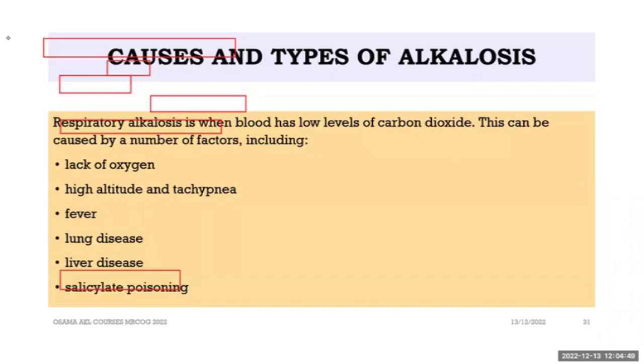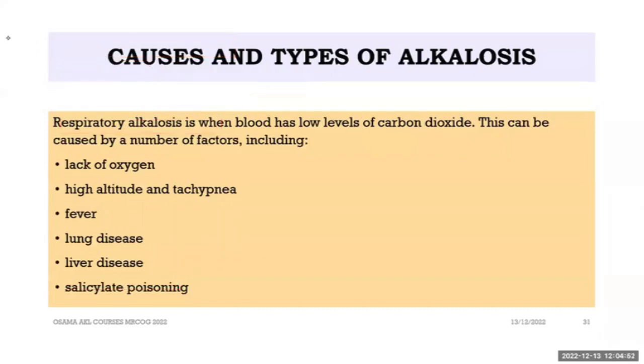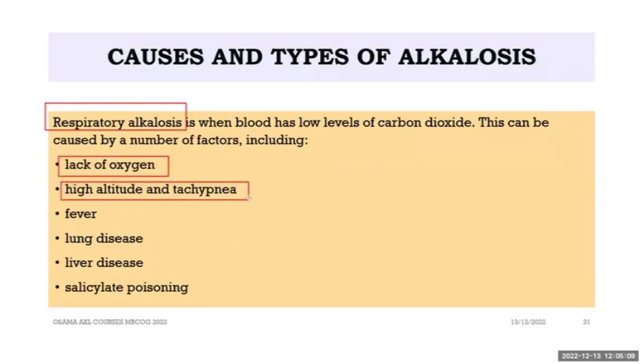Okay, what can lead to alkalosis? Respiratory. If the body did excessive respiration to remove carbon dioxide, respiratory alkalosis will happen. Like in lack of oxygen, like high altitude, okay, the person will do excessive tachypnea. Carbon dioxide will be removed. Fever will lead to tachypnea. Lung disease, liver disease, and again salicylate. So salicylate can lead to respiratory alkalosis, and also